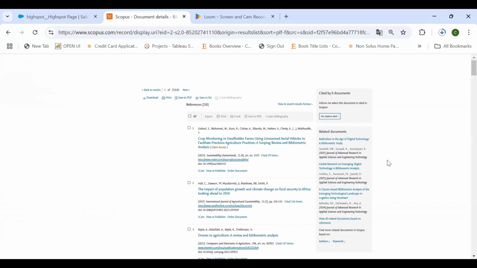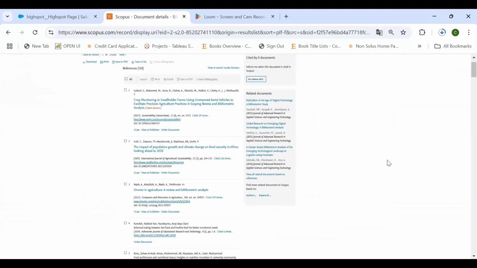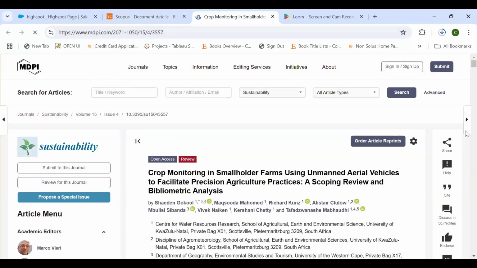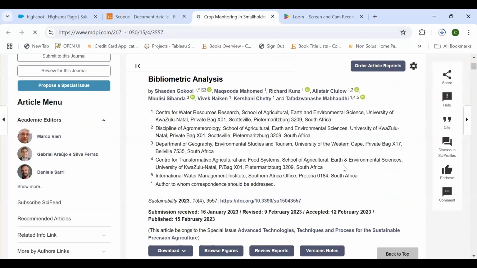Okay. So this is one of the articles that we have actually clicked from the list, and it shows you the related documents that also have hyperlinks, the authors, which also have hyperlinks to it. Okay. So you could either view this document at the publisher's page, which would forward you to that particular publisher.